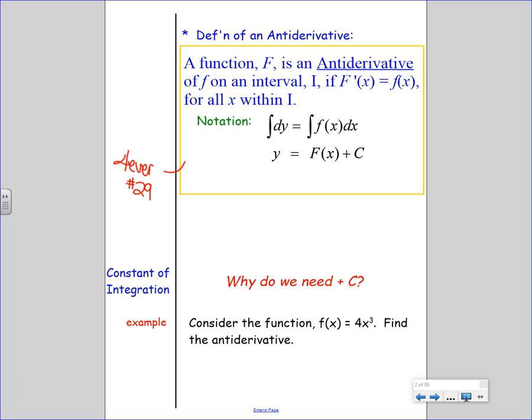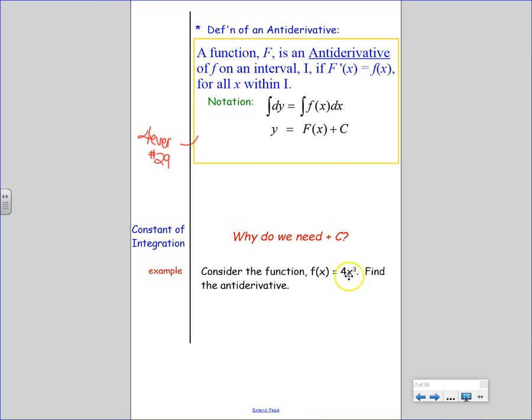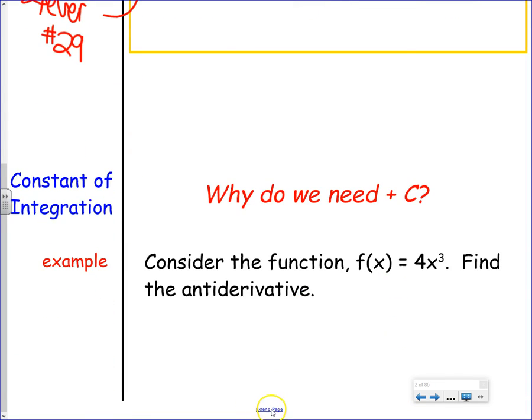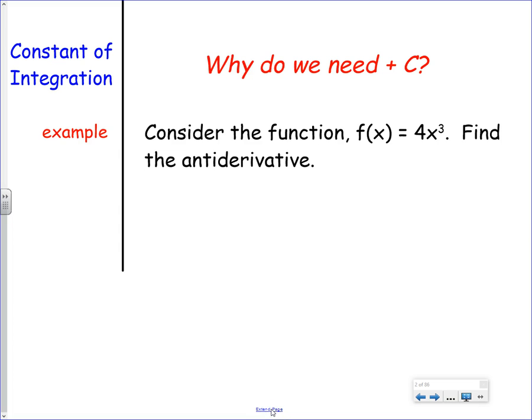That plus C, okay, constant of integration. That plus C, we barely introduced it last week, but I think maybe some of you held on to it. That plus C is necessary because if I ask you another question, very similar to the one we asked last week, what if I asked you for the antiderivative of 4x cubed, which I could, in my new notation, write as find the integral of 4x cubed dx. We could rewrite it. One way is saying find the antiderivative. Another way is saying, hey, put that inside an integral. The notation says find the antiderivative. Either way,